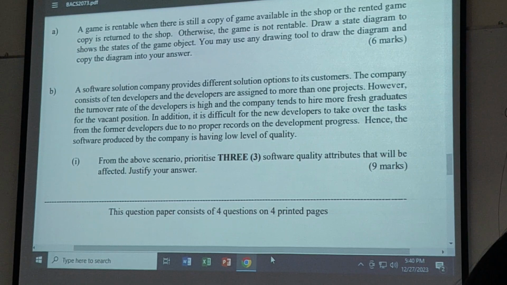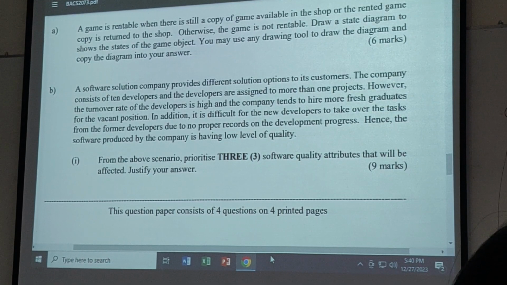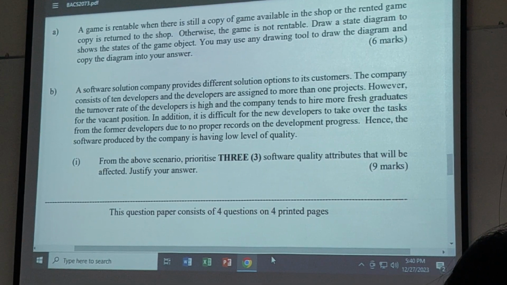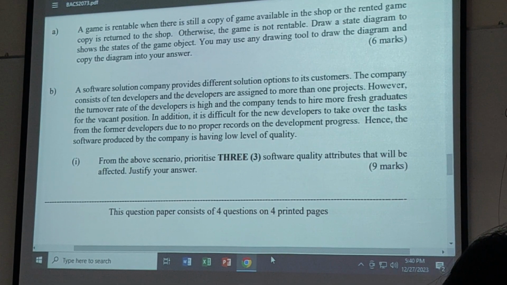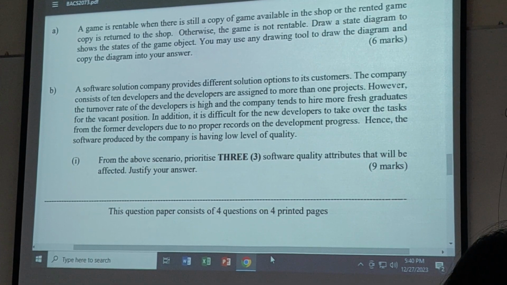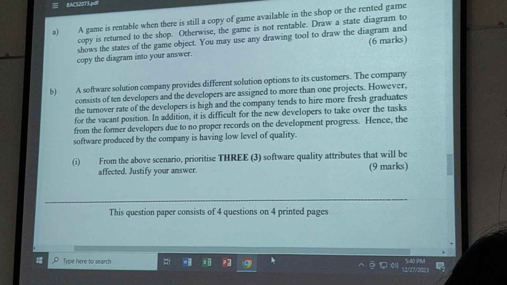Right? Okay. What kind? No documentation. Maintainability. Right? Okay. Second,